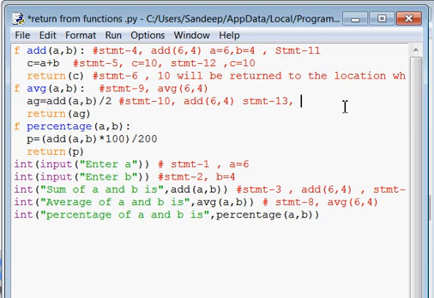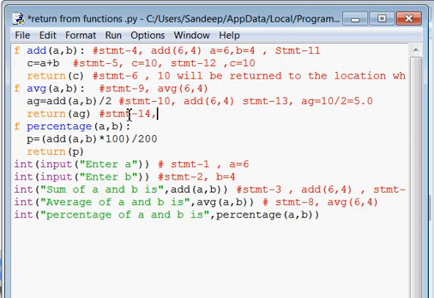So what will happen, AG will be calculated by using 10 divided by 2, and 10 has come from the return statement. This return statement, C's value, that is 10, will be coming to this side, and AG will be counted as 5.0. But why 5.0, I will explain it later, or you may already understand why it is giving 5.0. So the next statement that will be executing is statement 14, this one.